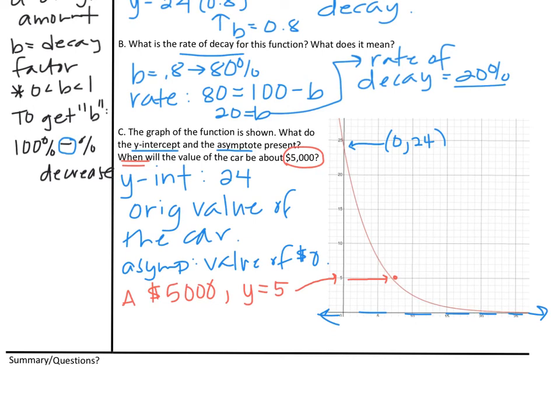On the x-axis, the value that matches with that point is between 5 and 10. It looks like 7. It looks like it would take 7 years. That's not that long of time for the value of the car to go from $24,000 down to only $5,000. And that's where we'll stop for